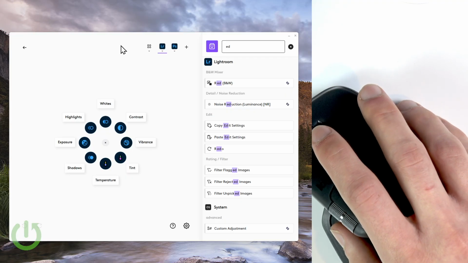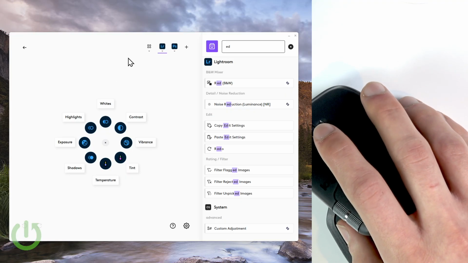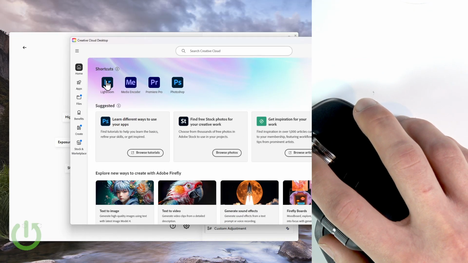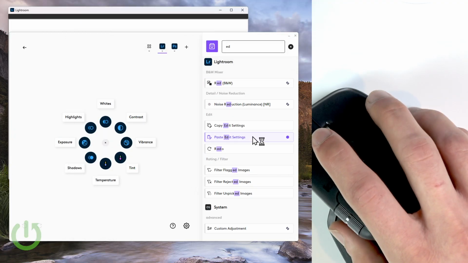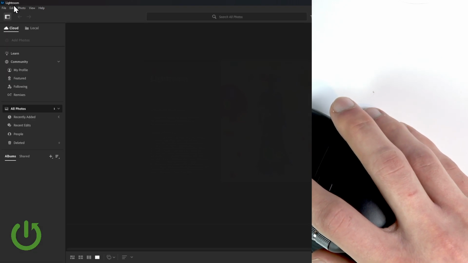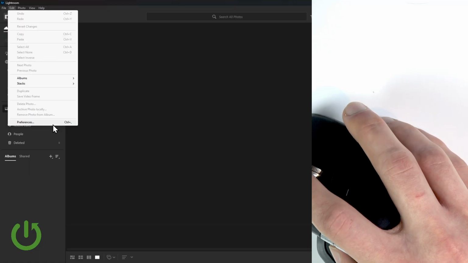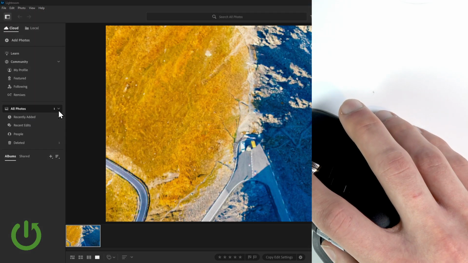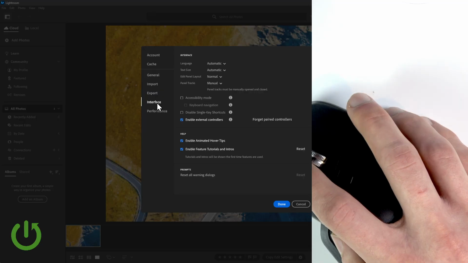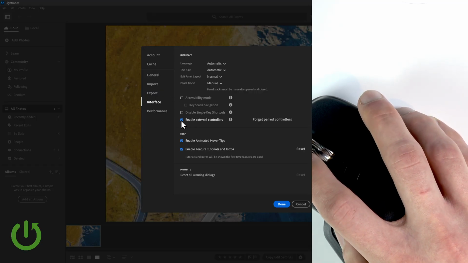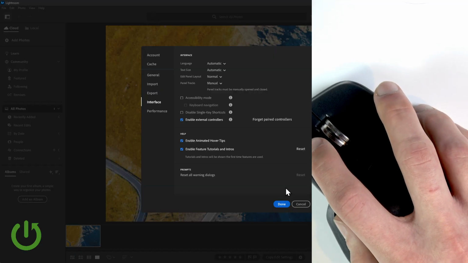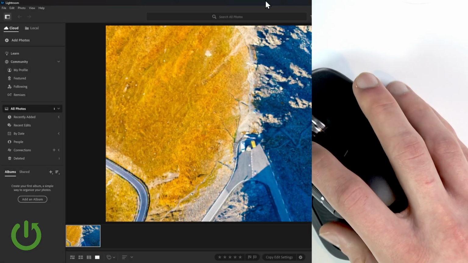third-party apps, I think, or third-party controllers. So first open the Lightroom in Creative Cloud, and now let's wait until it opens. And for this app specifically, you have to click Edit, then go to Preferences, and then select the Interface section. And in the Interface section, you have to hit the checkbox next to Enable External Controllers, then click Done, and then